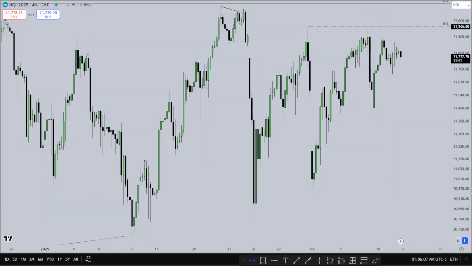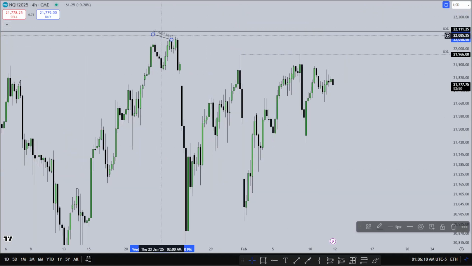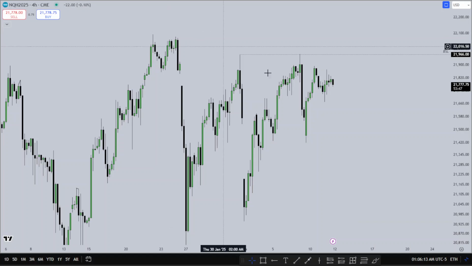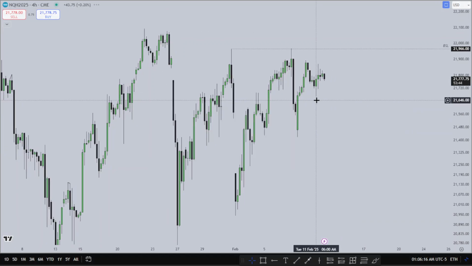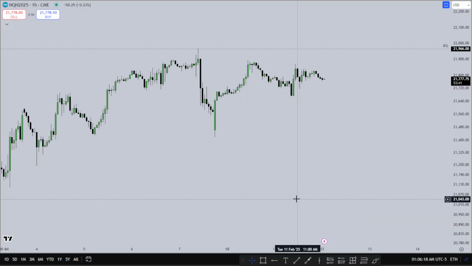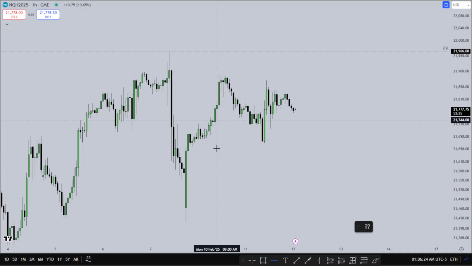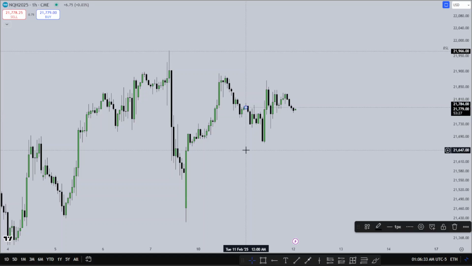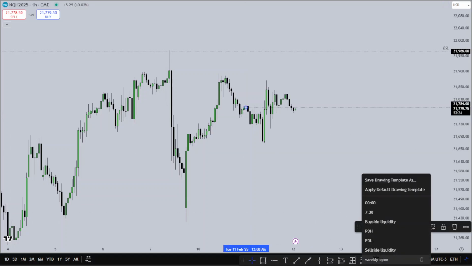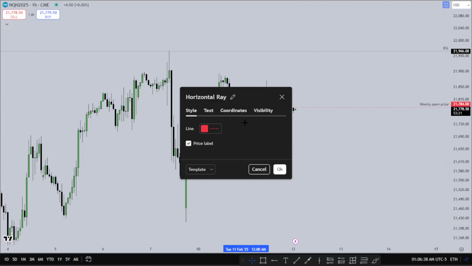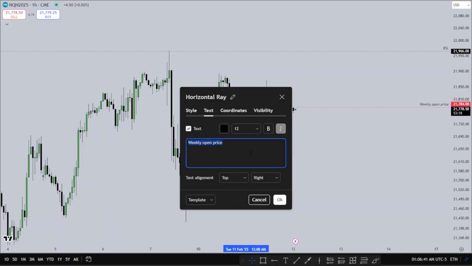No, why is nothing on TradingView saving? None of my drawings are saving. Go right here. Let me put true week open, weekly open, TWO, middle. Okay,